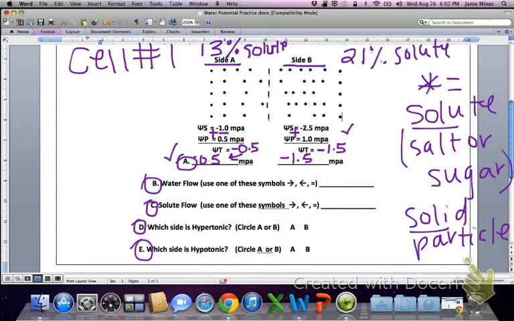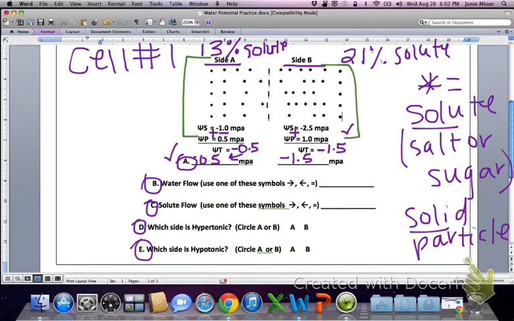So, let's move on to letter B. Letters B and C are asking, where in the world is my water going to flow? And they ask you to use these symbols, pointing to the right or to the left, indicating where that water's flowing. Is it going to flow from left to right or right to left? Where's it going to go? Well, we're going to find out. So, if we look at side A as a whole and side B as a whole,